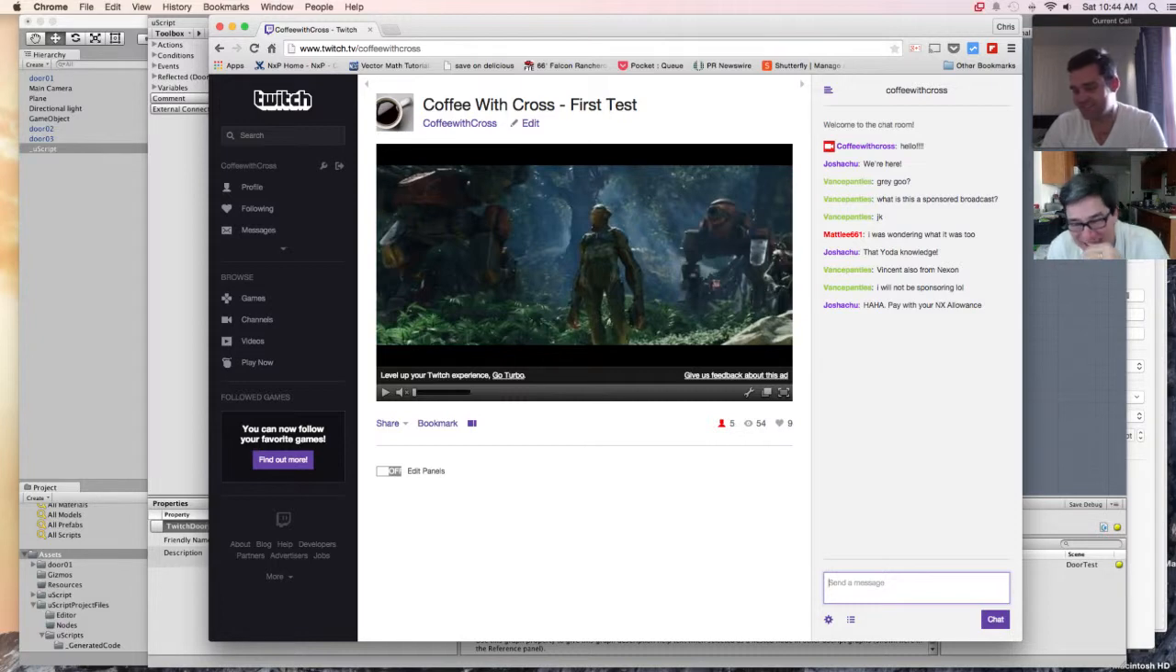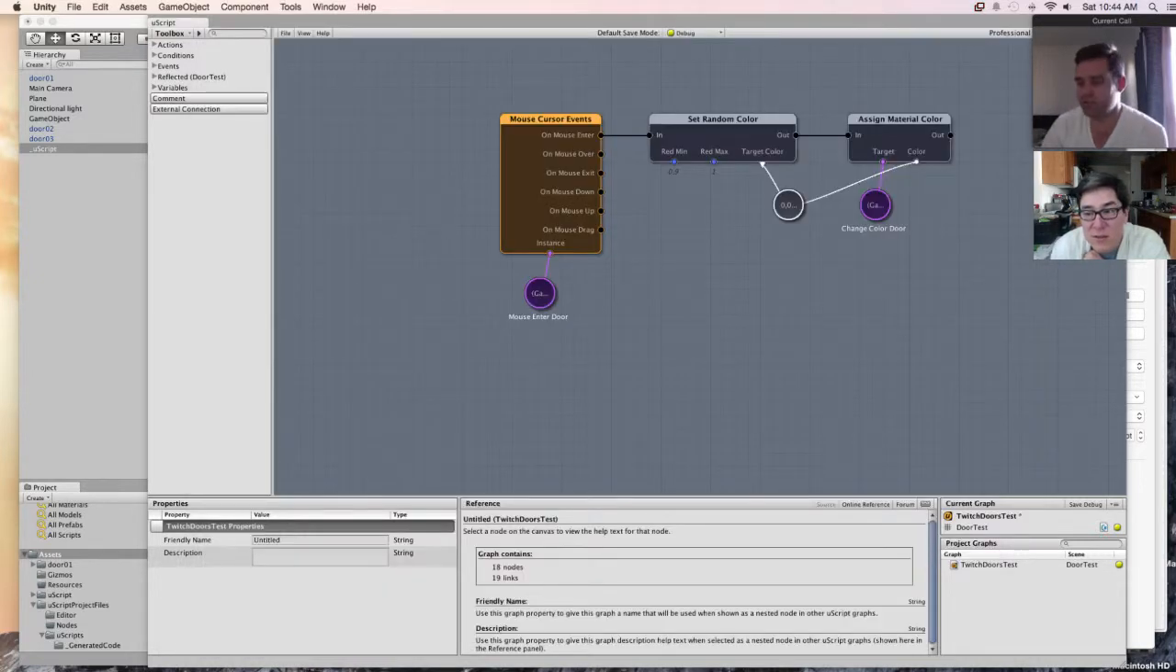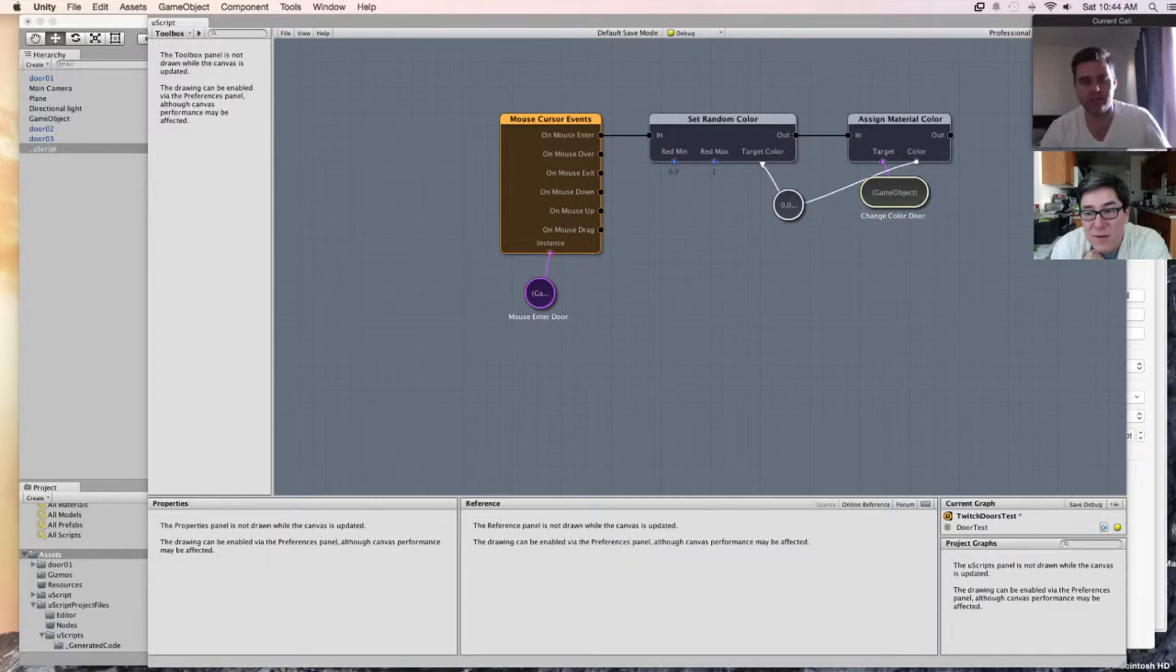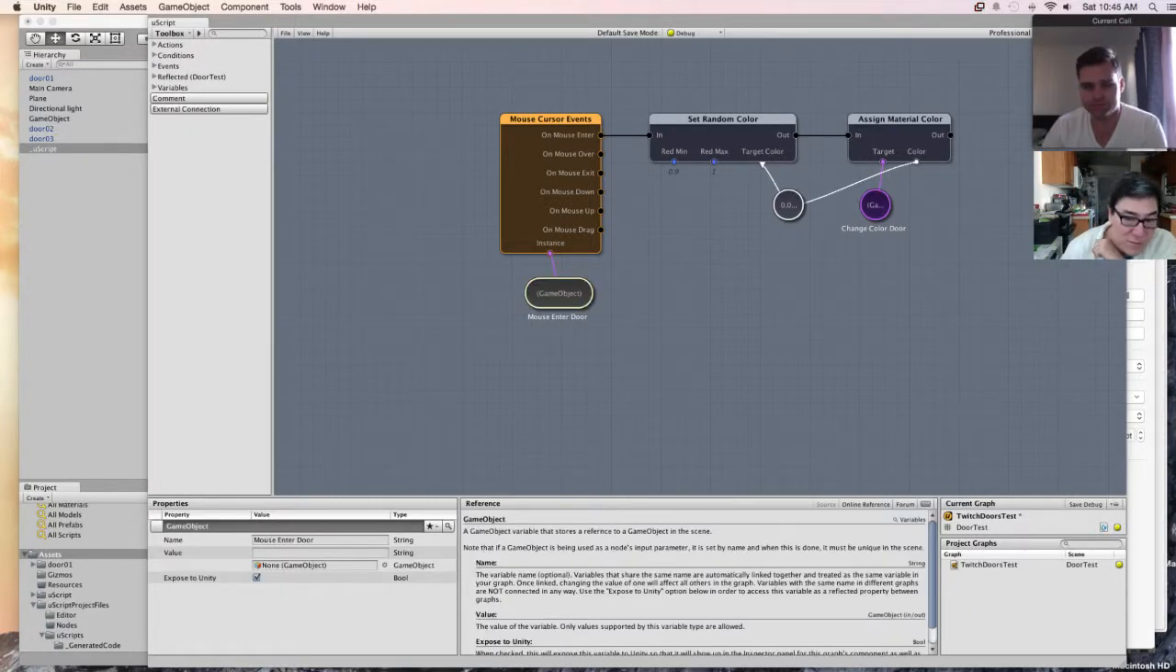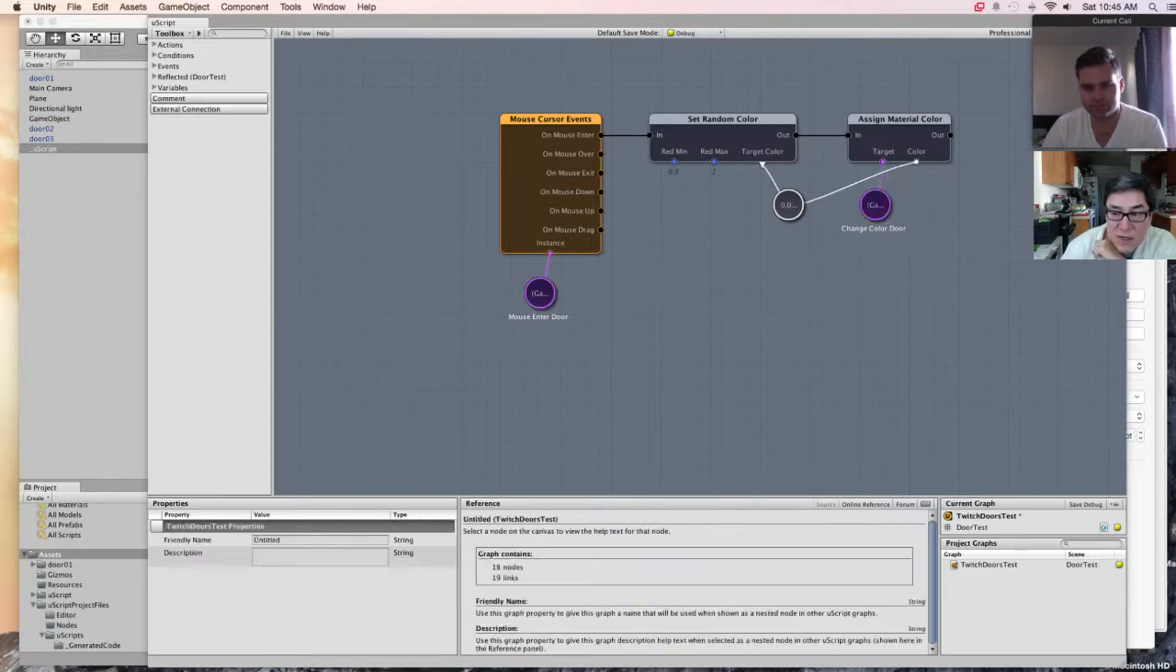Okay, are you guys up to speed on this scripting stuff? I'm going to move into the next step, which is where we're at. Ready? So what I did is I changed the name of the variable from mouse enter door, and then I changed this other one to change door. Change color door. That's my